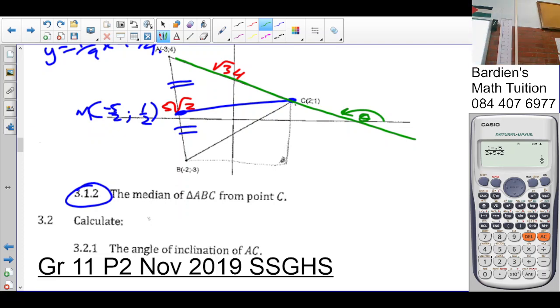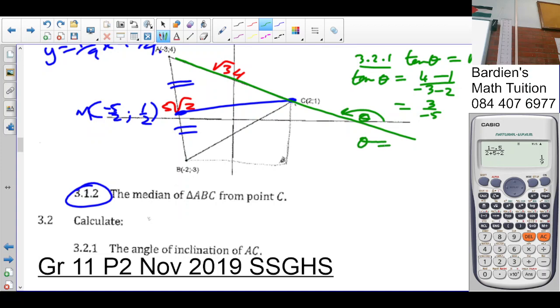So we're going to say in 3.2.1, tan of theta equals the gradient of AC. Do we have the gradient of AC? No. So we say tan of theta is equal to, the gradient is y2 minus y1, so it's 4 minus 1 over minus 3 minus 2, which is 3 over minus 5. As you can see, the graph is decreasing. It has to have a negative gradient. Okay? So we've got arctan of negative 3 over 5,